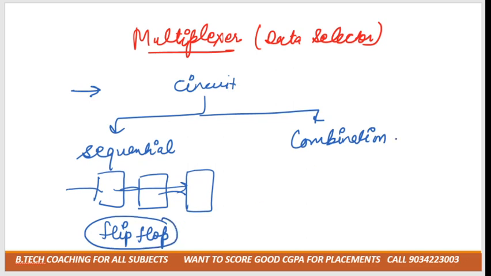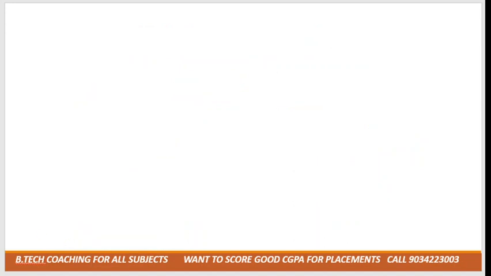Clear? But in the combinational circuit, we have a simple circuit. In this, we give some input, and according to that, we get some output. In this, there is no sequence. Clear? So in the multiplexer,